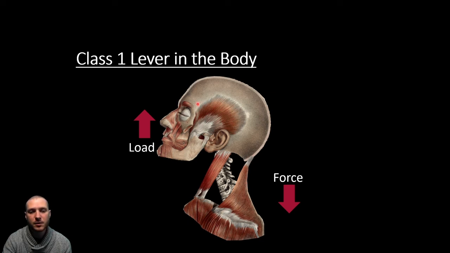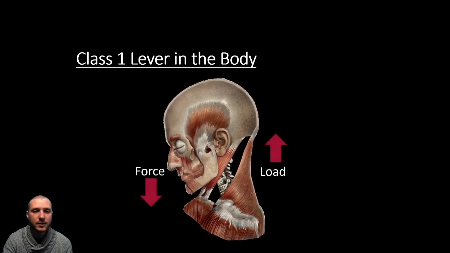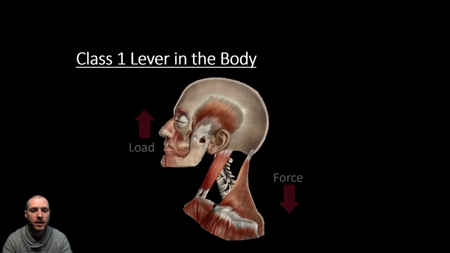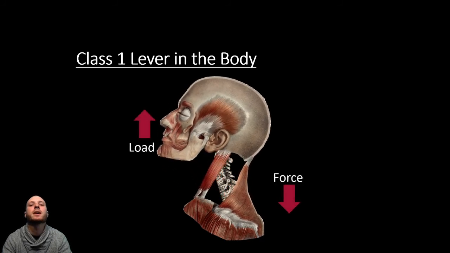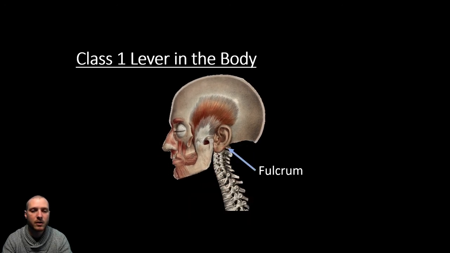And as it contracts, it's going to lift the whole weight of the anterior aspect of the head. So the anterior aspect of the head is going to be the load. We can reverse this lever, whereas if our sternocleidomastoid muscle in the front contracts, now we've made the force in the front of the body, and we've lifted the back of the head, which is the load. So again, our head's going to pivot around this fulcrum of the vertebrae. So we can see again, force going down when you extend, and then force going down in the front when